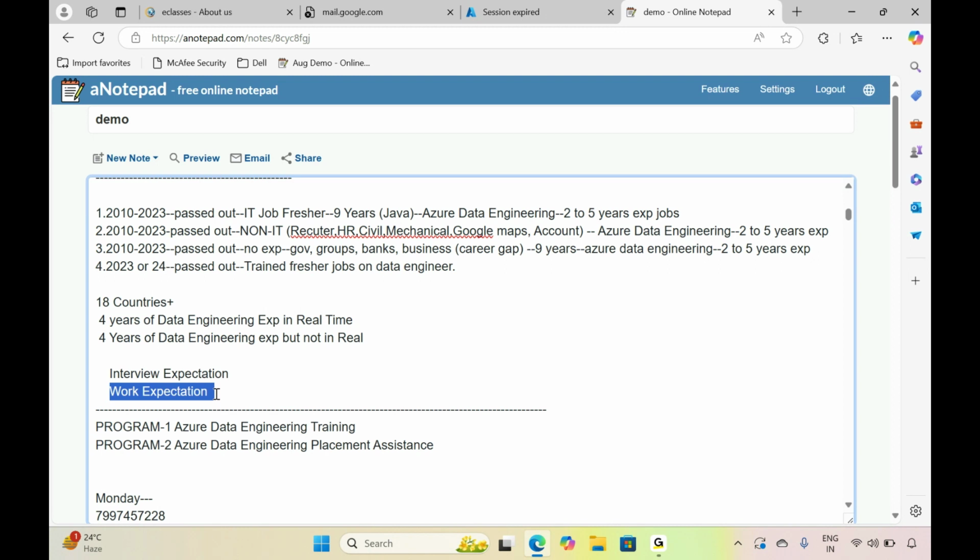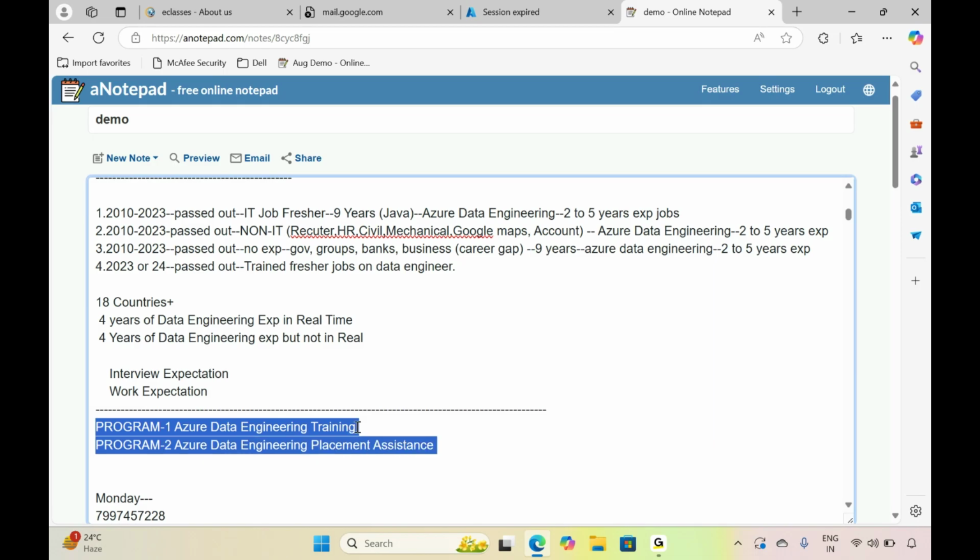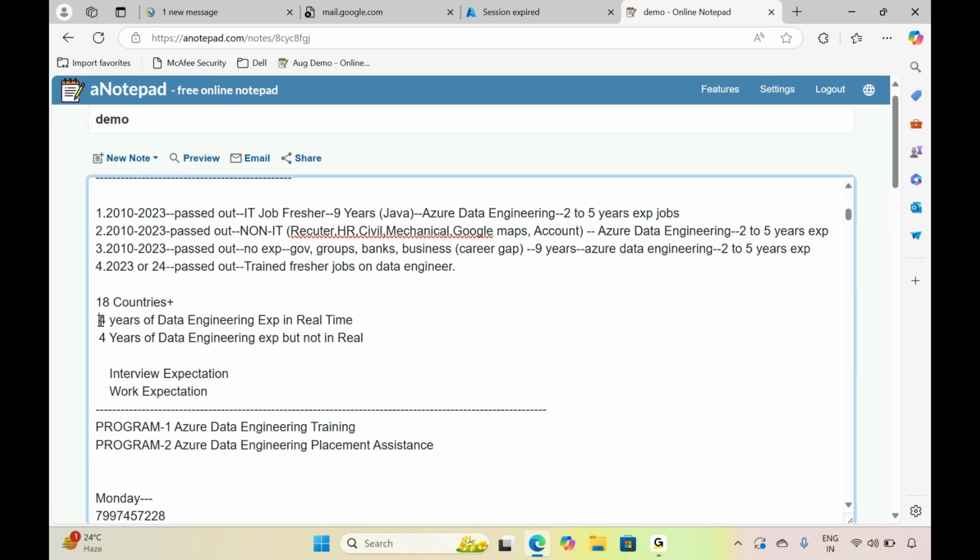The reason is every student is completing training on any course with only one program here. If you complete only that, then you are going to be in competition with people who have 4 years of real-time data engineering experience.